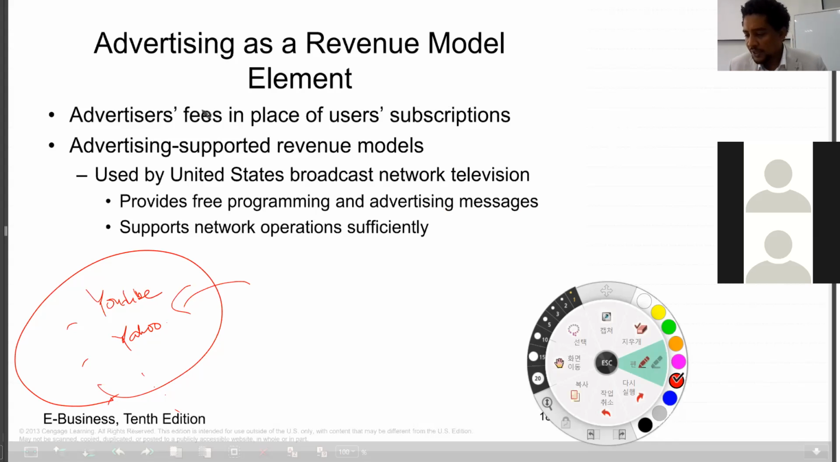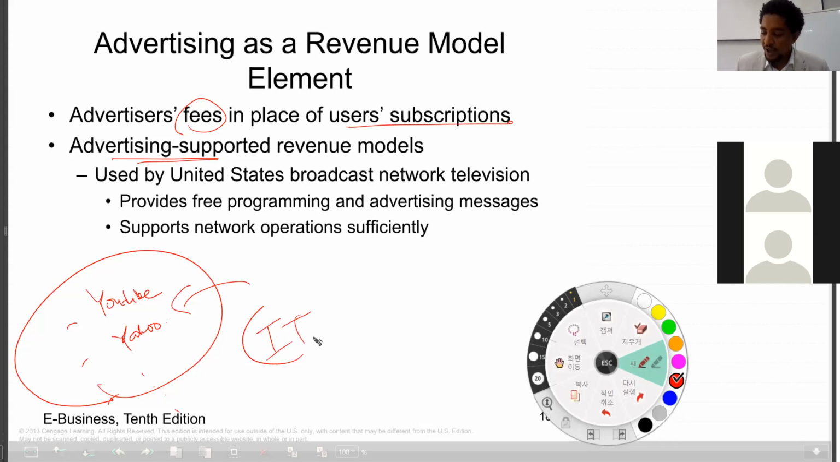So advertisers' fees are in place of user subscription fees, and advertising-supported revenue models are used by United States broadcast network television, for example, ESPN or CNN, okay? They don't charge us for watching CNN, right? But they have advertising. So maybe if you remember, we have said that in internet or in